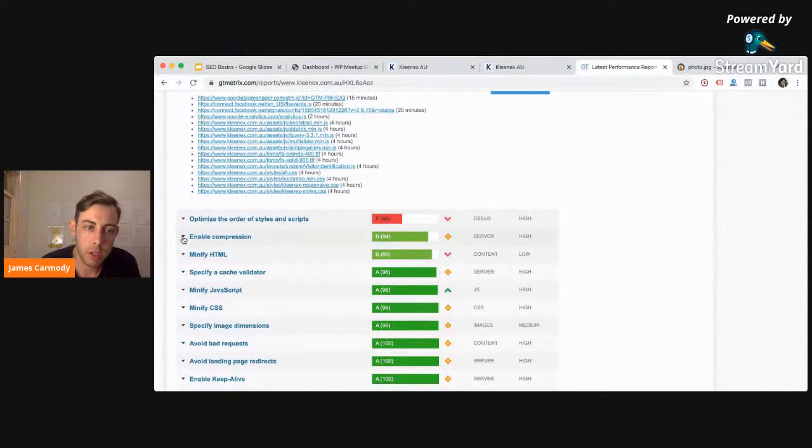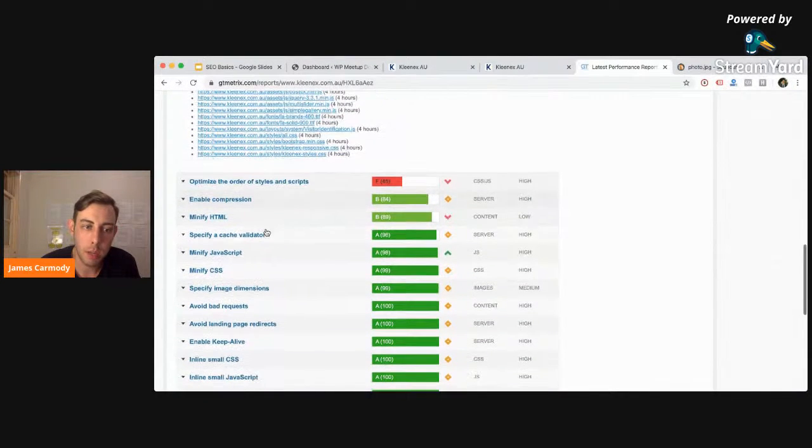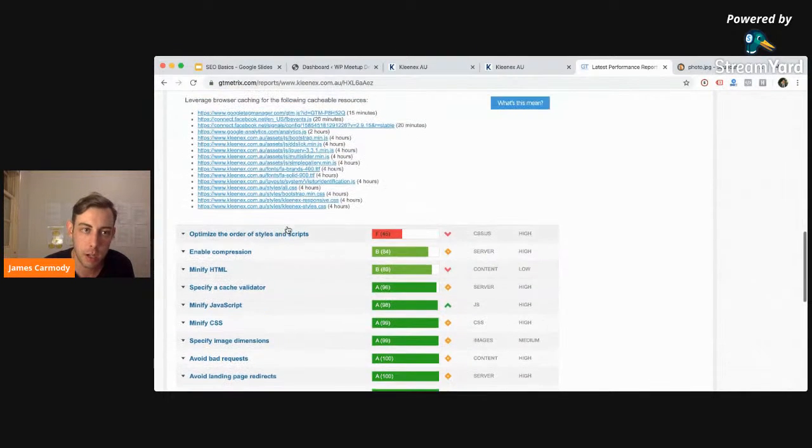Now, a lot of the other stuff, such as which this site is doing right, they've got enable compression, minify HTML, minify CSS, minify JavaScript. That just means that all of your code is compressed into one file instead of 7 different files for your CSS and 7 different files for your HTML, etc. So it just compresses it and minifies it into one file for each. It's a really good way to do that. And as I said in my slides,